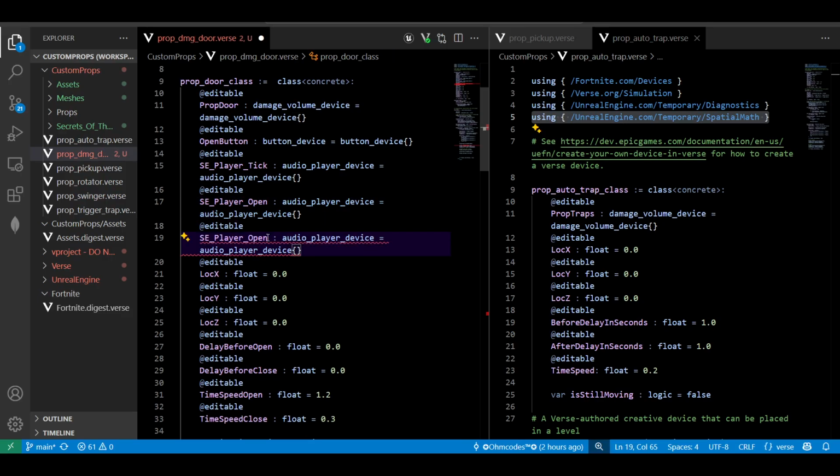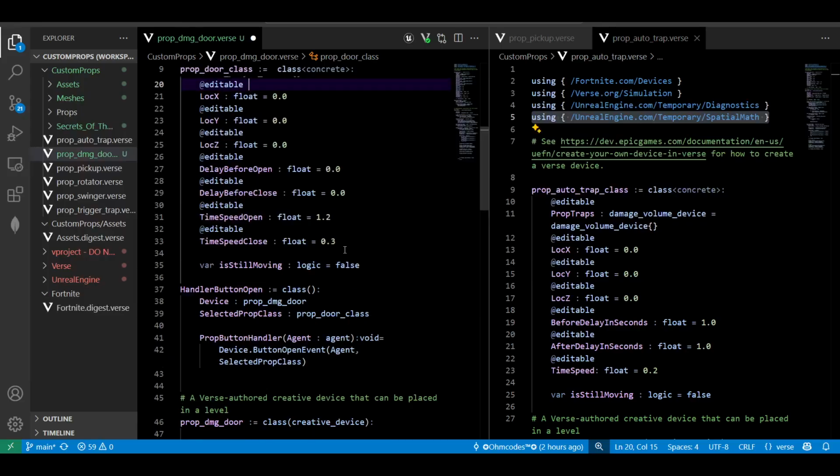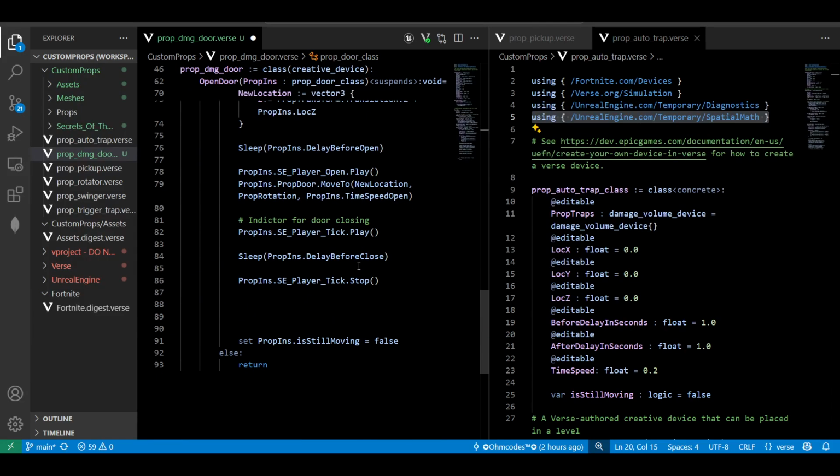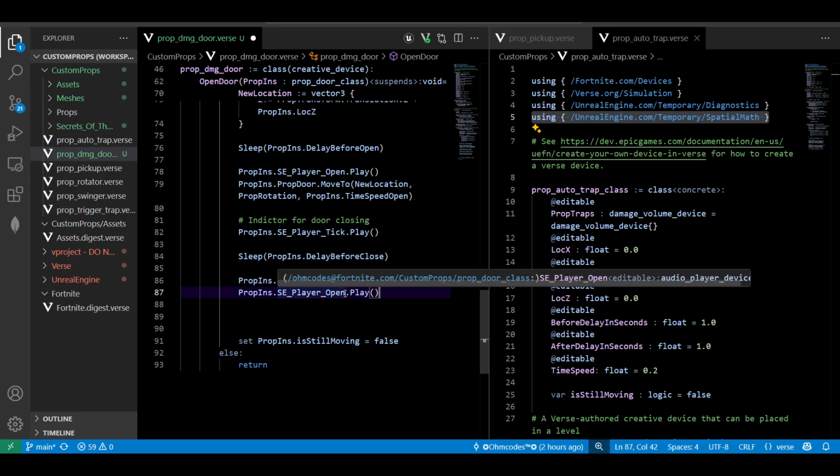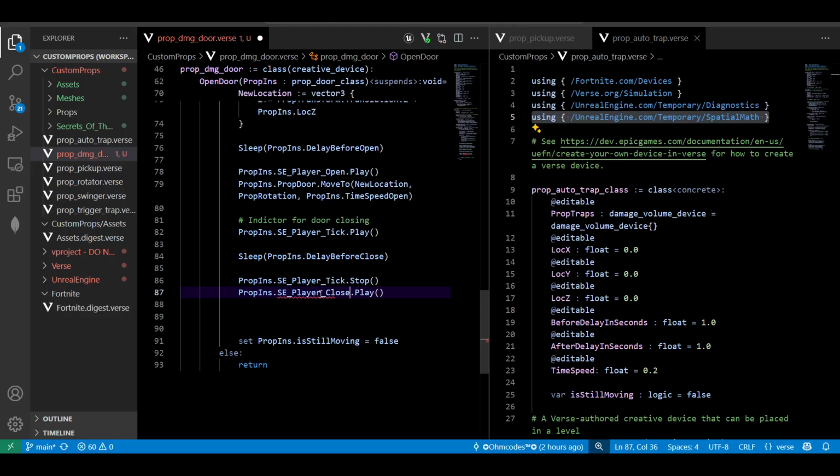Of course, is that a shoes found close? Okay. Then when you stop play, open. Where's the open one? Open, then tick stop, and then close. Right? Close. Okay. After playing the close and then